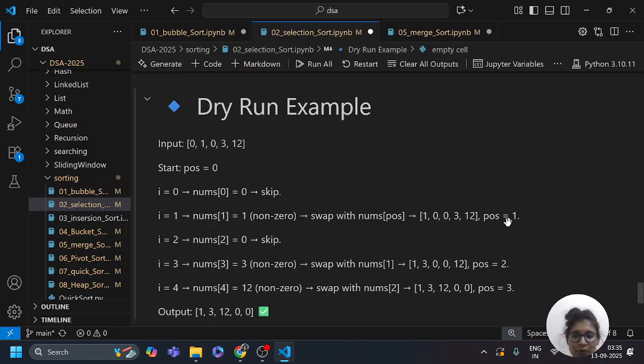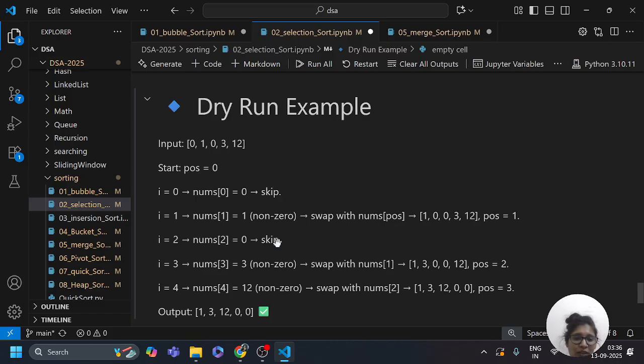So pos equals 1, and after that I increase i to 2. At index 2 we have 0, so we need to skip this because we can't swap zero numbers.